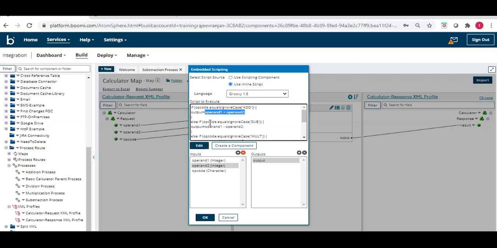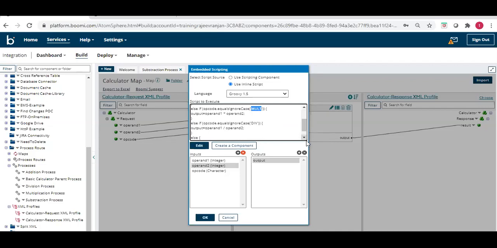Similarly, for opcode equals subtraction, we are subtracting operand 1 minus operand 2. For multiplication, we are multiplying operand 1 and operand 2 and the result is stored into the output. In case of division, we are capturing the result into the output as operand 1 divided by operand 2.